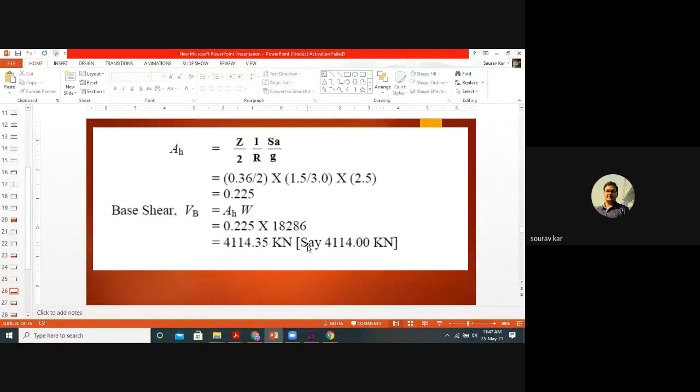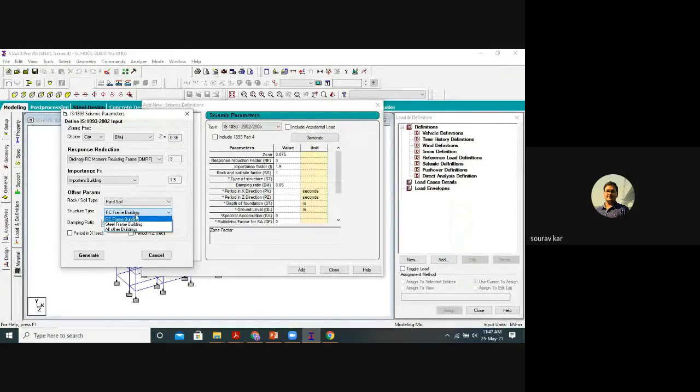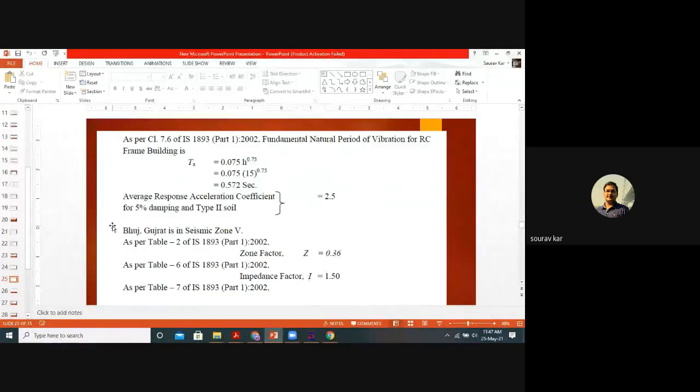For soil type, SA by G, they have taken type 2 soil. Type 1 is hard soil, type 2 means medium soil. Damping ratio 5%, period in X, period in Z. The period in X will be Tx, and the formula is Tx equals 0.09 H by root D. Now it is our task to calculate this.